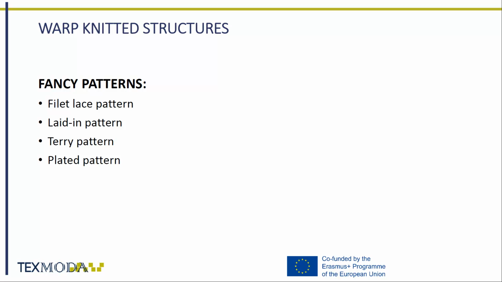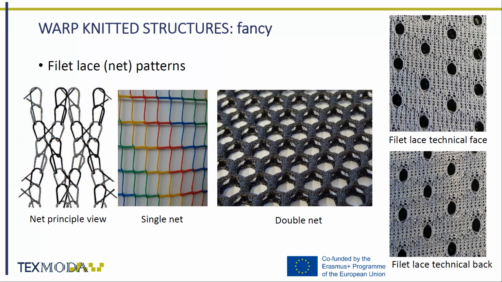Fancy warp knitted patterns are made on the basis of the basic or derived patterns and can have in the structure more than one overlap on the same needle, long underlaps, additional yarns or their parts, and so on. Filet lace and net structure are characterized by smaller or bigger holes. These holes are created due to not connected wales by using semi-reading of yarns into the guide bar or combined patterns as it's shown in the principal view of net.